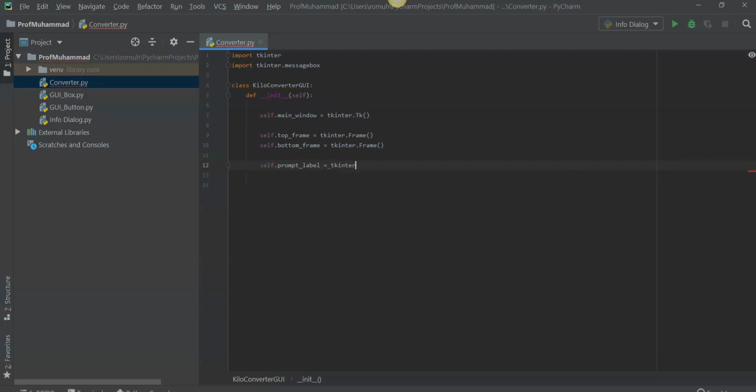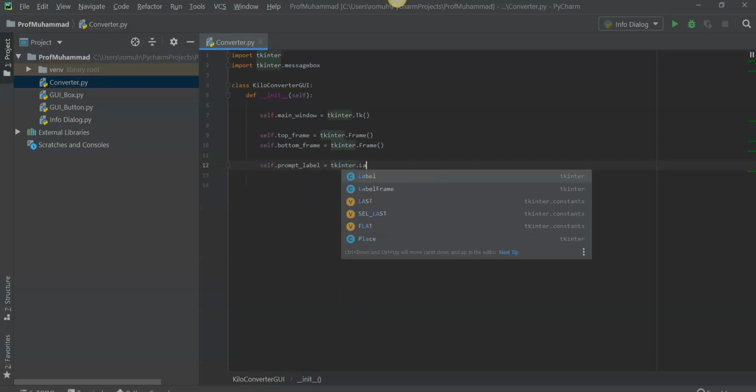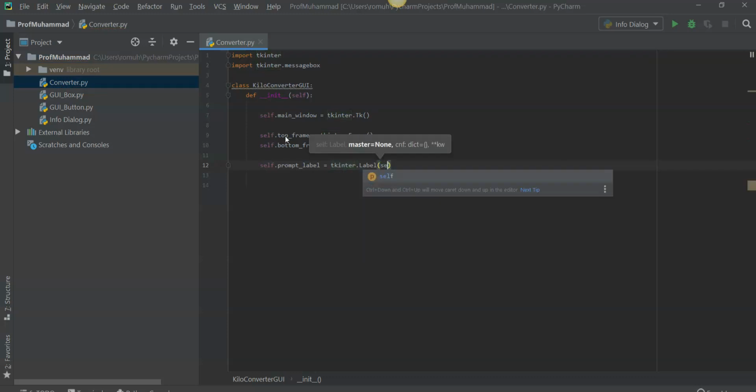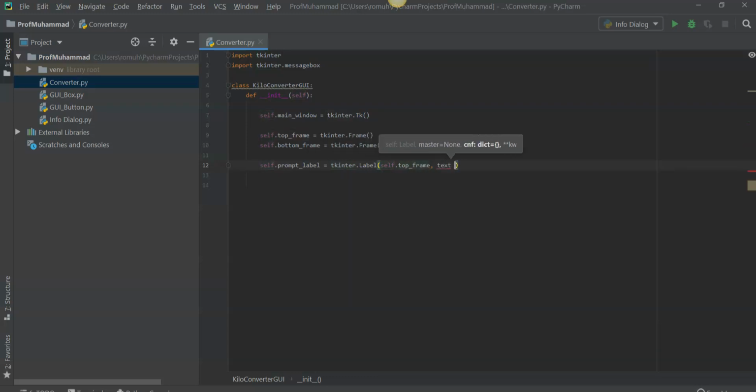So let's say the label will be self.topFrame, and then the text will say enter a distance in kilometers. And then we'll create a different